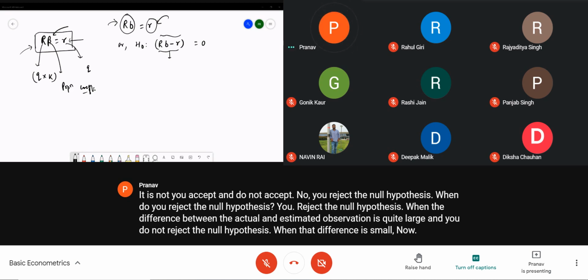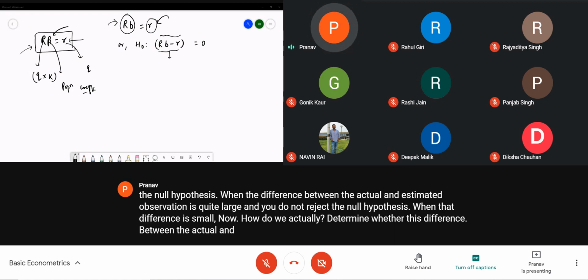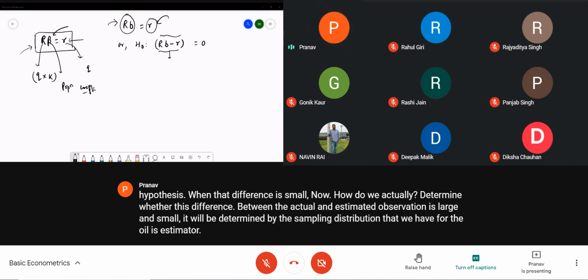Now, how do we actually determine whether this difference between the actual and estimated observation is large or small? It will be determined by the sampling distribution that we have for the OLS estimator. And